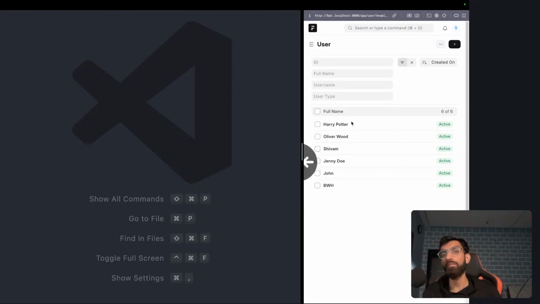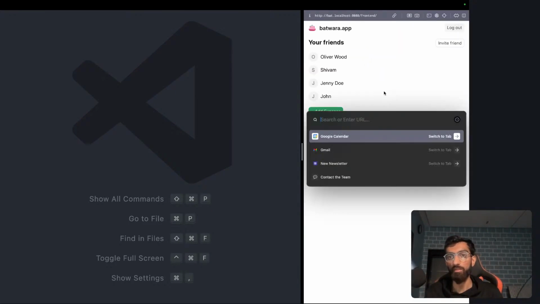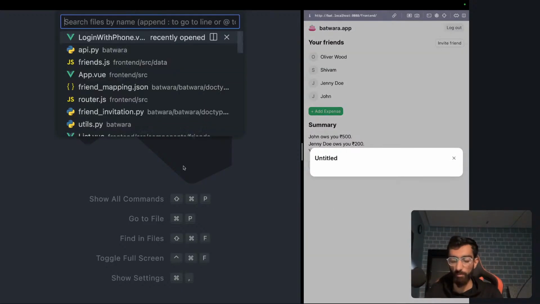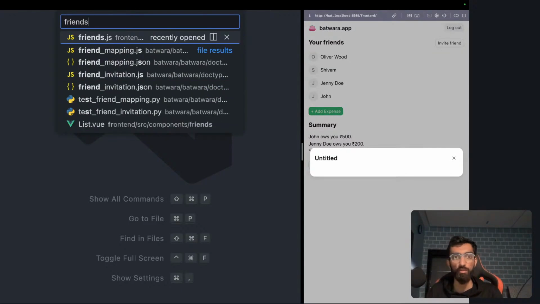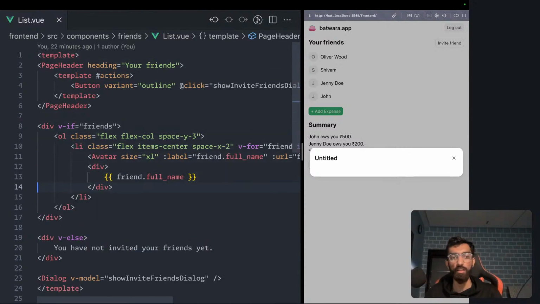Okay, what we'll do is we will check afterwards after we have done the UI part of the invite friend, right? We are showing the dialog, but we are not doing anything. So I'll go to friends list, and then here in the dialog,